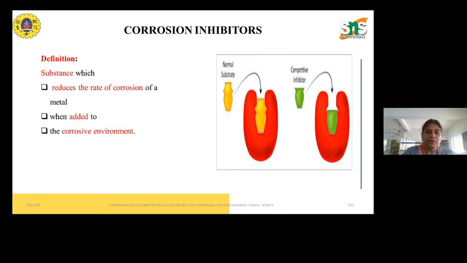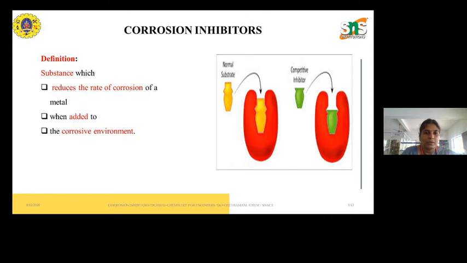Now another technique is by using corrosion inhibitors. Before we start with corrosion inhibitors, let us have an idea about inhibitors. What are inhibitors? Generally, inhibitors are chemical substances which, when added into any chemical reaction, alter the rate of the reaction. It may either reduce or increase the rate of the reaction. That is known as a catalyst. In case of inhibitors, they reduce the rate of the reaction. Keep in your mind, an inhibitor is a material which, added into any reaction, retards or reduces the speed of the reaction.